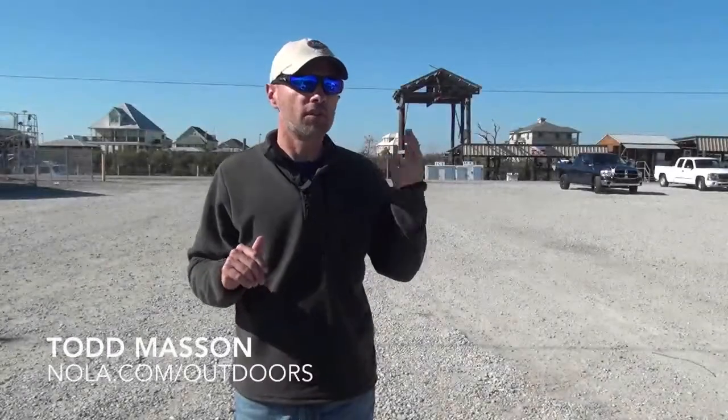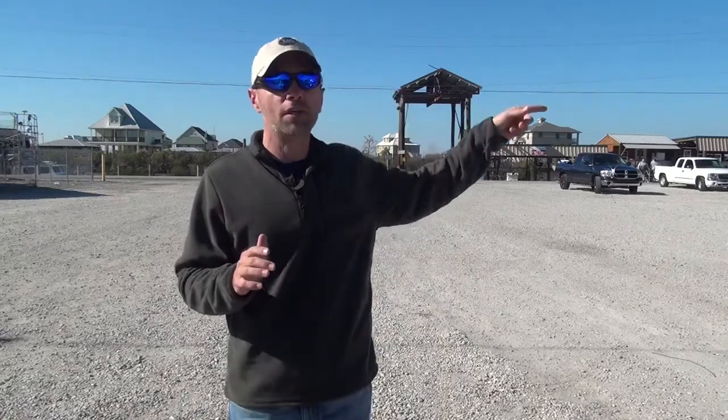Over my left shoulder here, that's Camp's Marina. Ground zero for some excellent late autumn speckled trout action right here in the heart of Shell Beach. Boy, I talked to Robbie Campo this morning. He said the specks are biting as close as the fort, right at the end of the bayou, right there